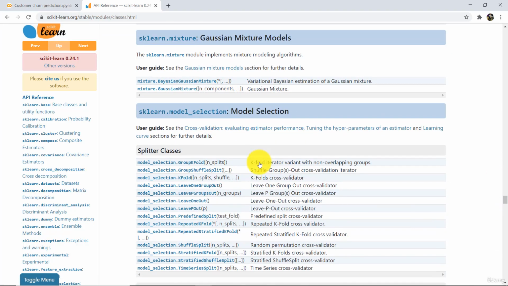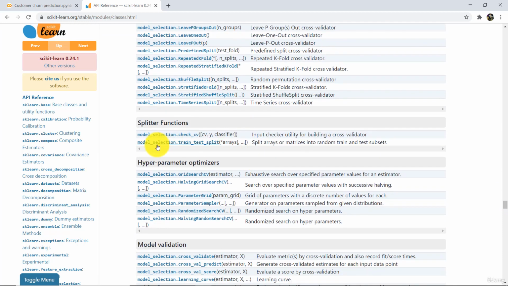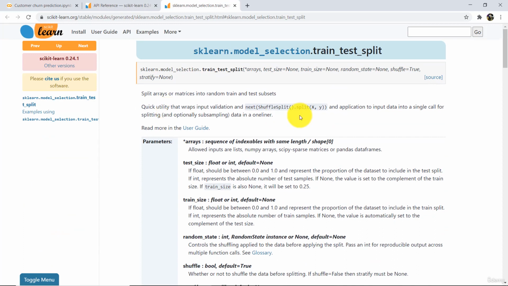This one, model selection, and here look for this one, model_selection.train_test_split. Here you can see the description as well. Split arrays or matrices into random train and test subsets. So this is the class that we are going to use to split the dataset, and we have to import